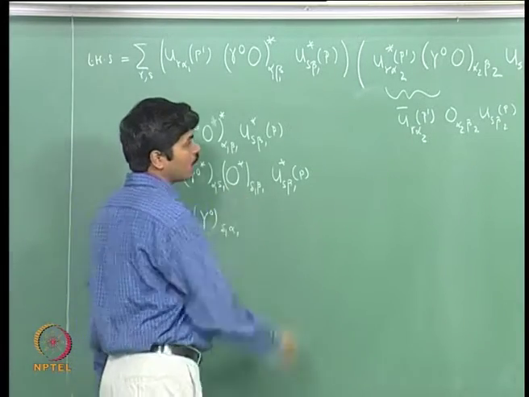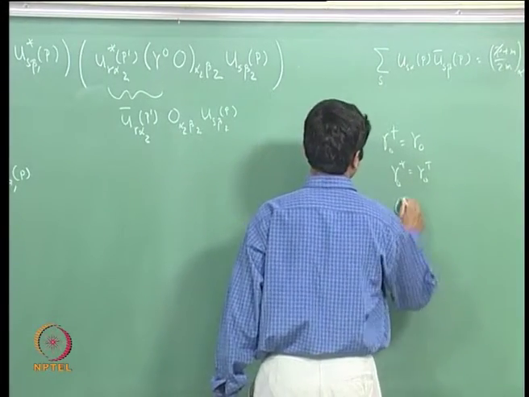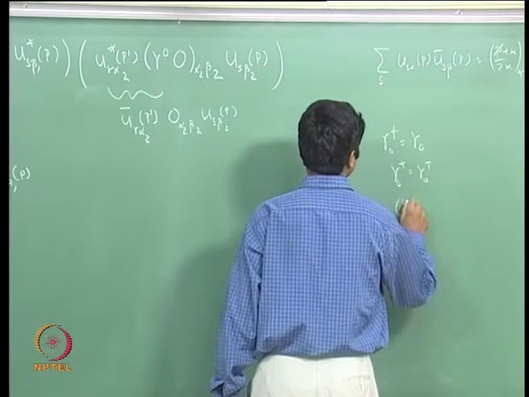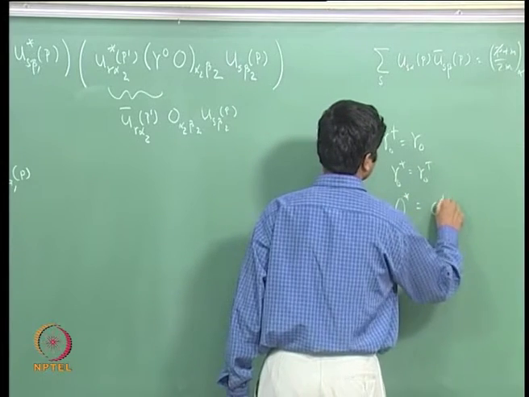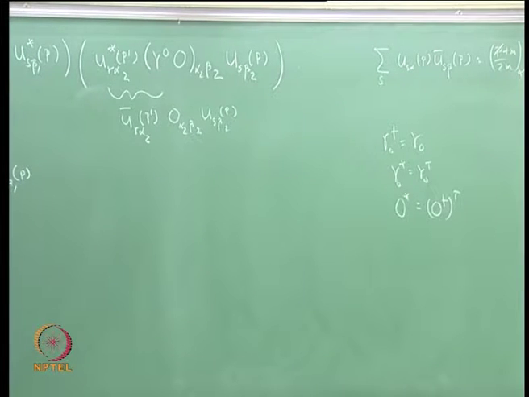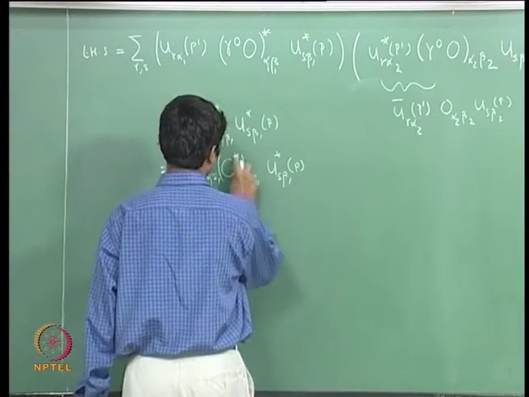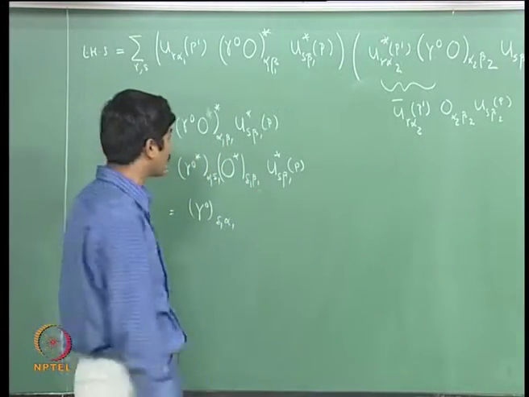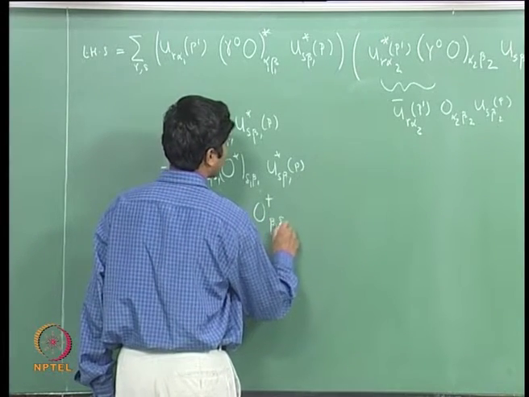And here I will use the fact that for any operator O, O star is O dagger transpose. The transpose of its Hermitian conjugate is just the conjugate of itself. So, therefore, O star delta 1 beta 1 is nothing but O dagger of beta 1 delta 1,